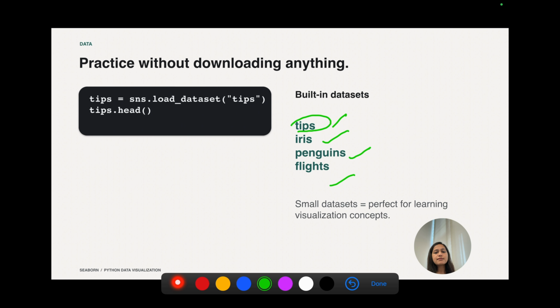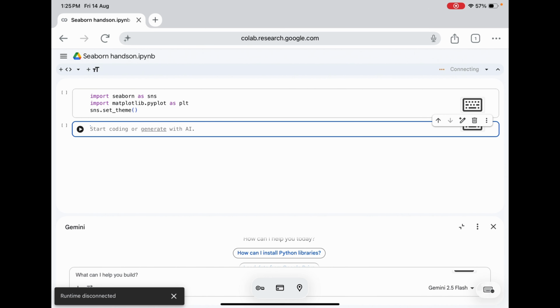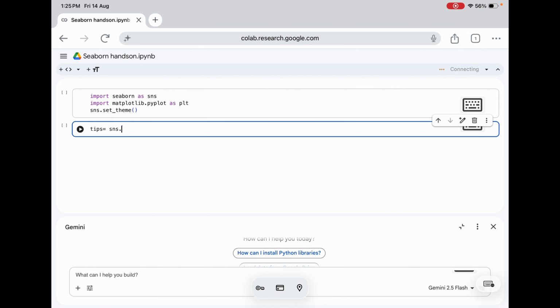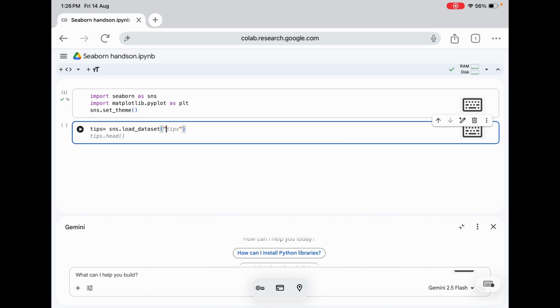This dataset contains information about restaurant bills and tips. So how do you load that dataset? Let's quickly learn it. For loading the dataset, the name of the dataset is tips. I will write sns.load_dataset, load underscore dataset, and I will provide the name of the dataset here, which is